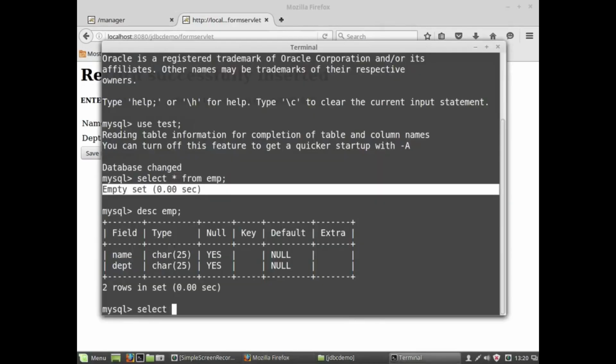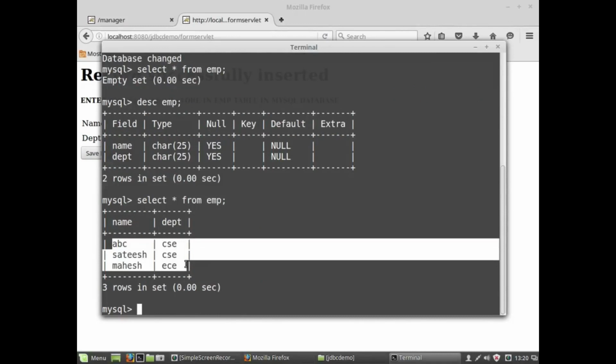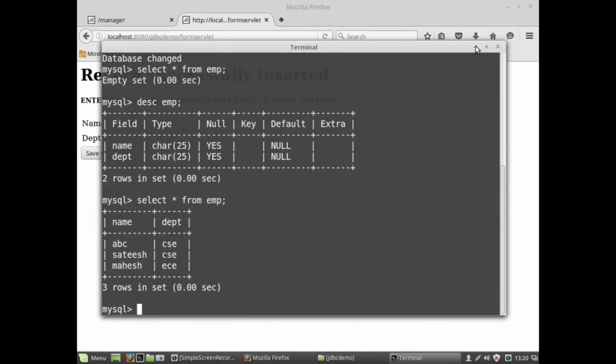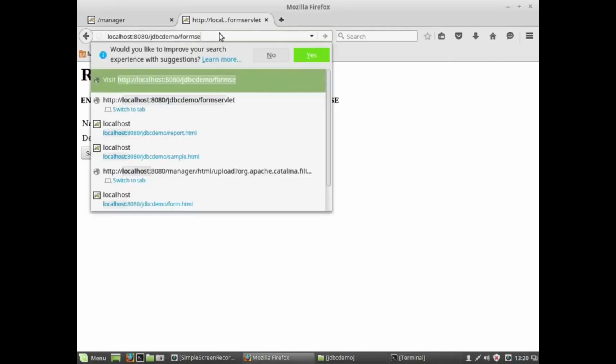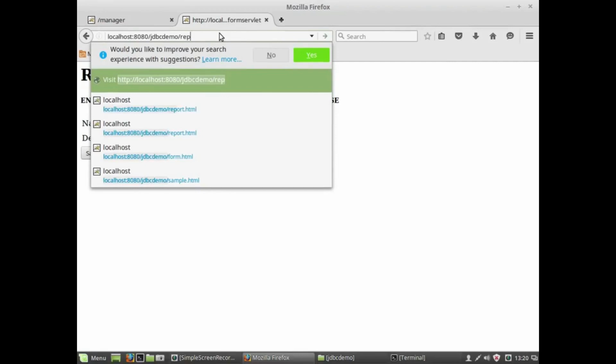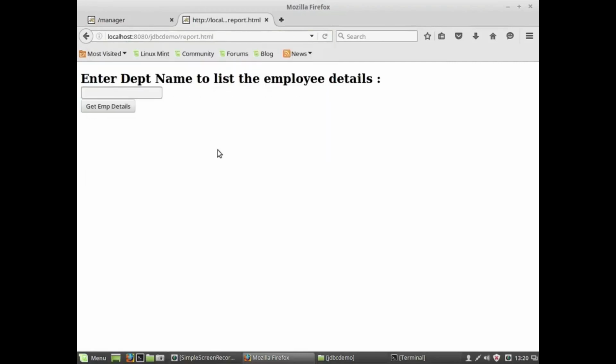Let me check it out in MySQL table whether these values successfully inserted in the table or not. Right, good that these 3 values have came to the database table EMP. Now let's execute a report, because in case if I wanted to see the details from the database, I'll execute this report.html.